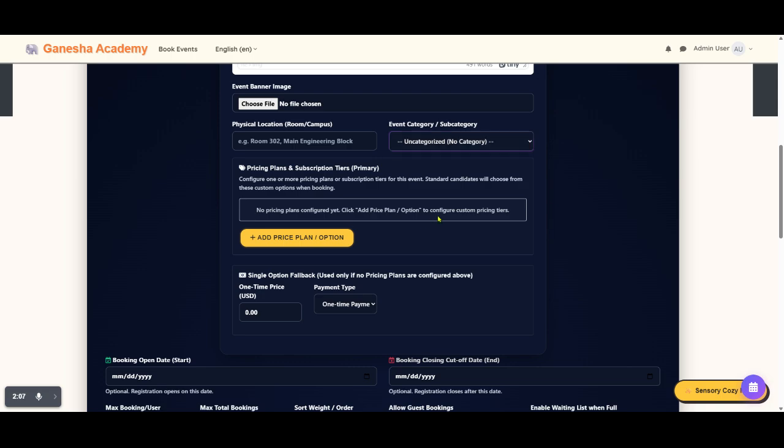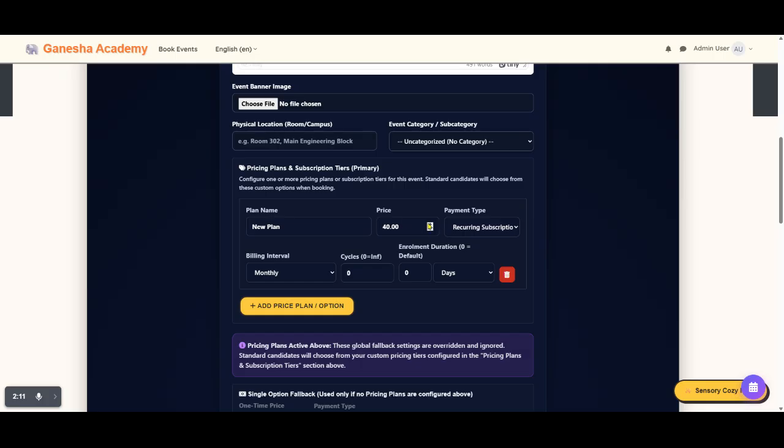So if you click on it, you'll see this section open up. You can add multiple pricing plans for a single event. You can create a new plan here: plan name, price, payment, whether it is one time or recurring, billing cycle, cycles, obviously the number, an integer value, enrollment duration,